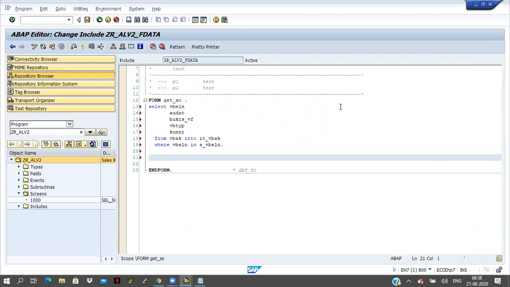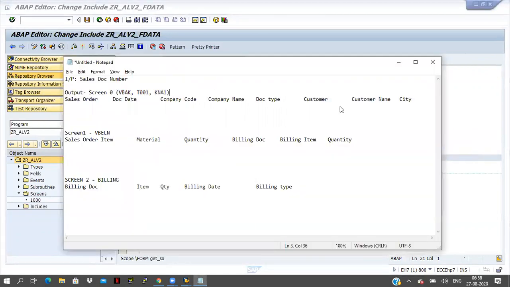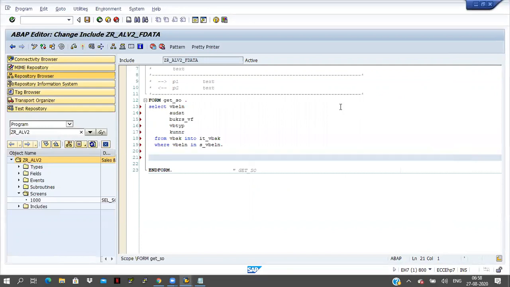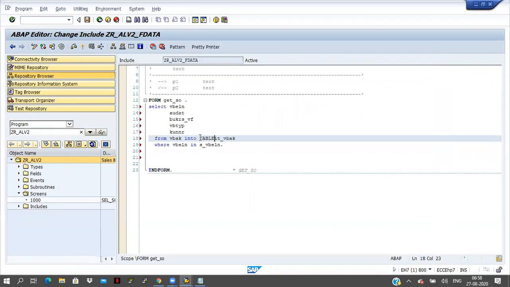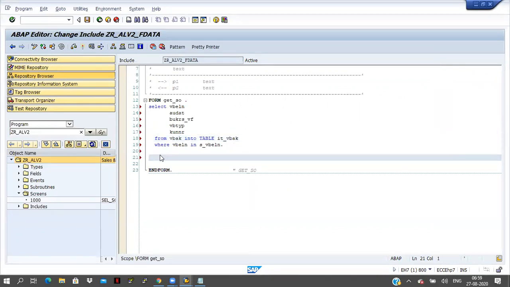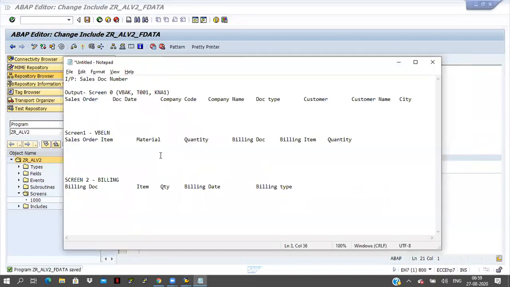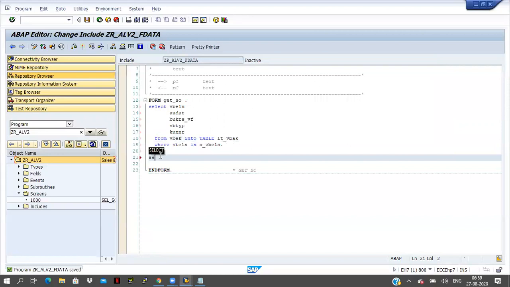And after that one, I have to write the select query into tables from VBAK. And now I want to fetch the data for T001 table.